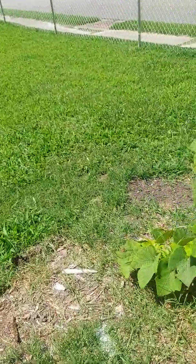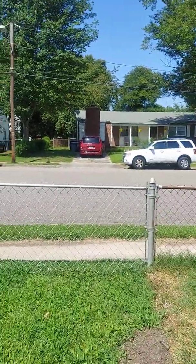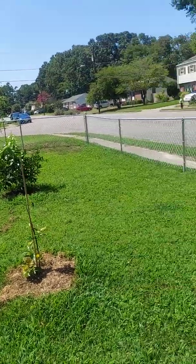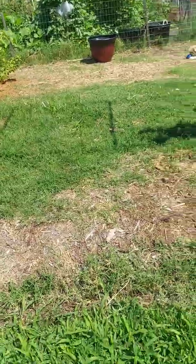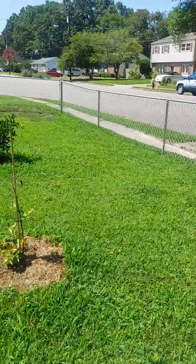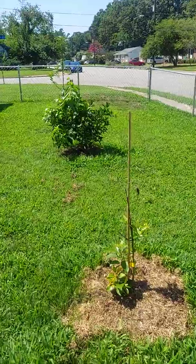Now, we also have opened up the yard. If you see right here, that is a new fence. So we have opened up the yard from being closed off right here, which is where the fence ended before. And now we have it extended so that I can walk on this side and I can see my avocado tree